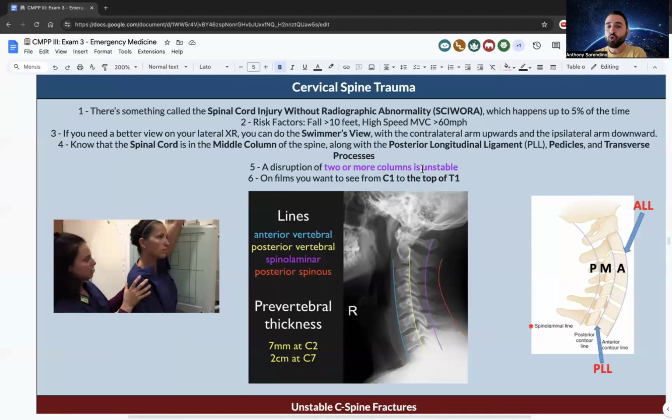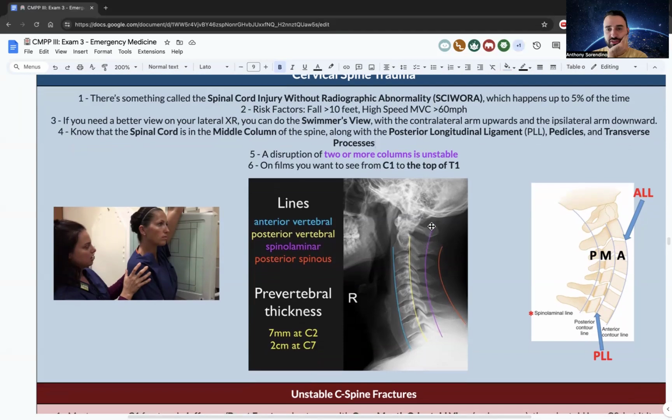A disruption of 2 or more of these 4 columns is going to be unstable. So you have the anterior, the posterior, the spinolaminar, and then the posterior spinous. The spinal cord is in the middle column with the posterior, with the PLL, the pedicles, and the transverse process. On films, you want to see from C1 up here to the top of T1, which is right there. 1, 2, 3, 4, 5, 6, 7. Yeah, so that's a good view. This is a little cloudy here, but